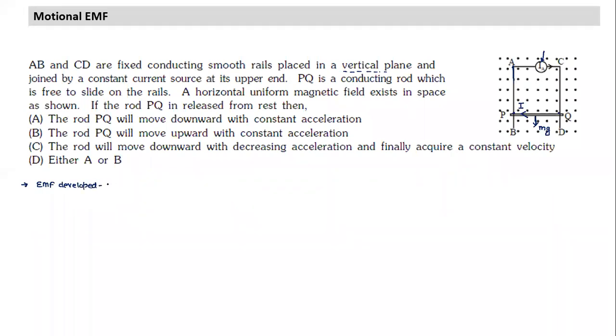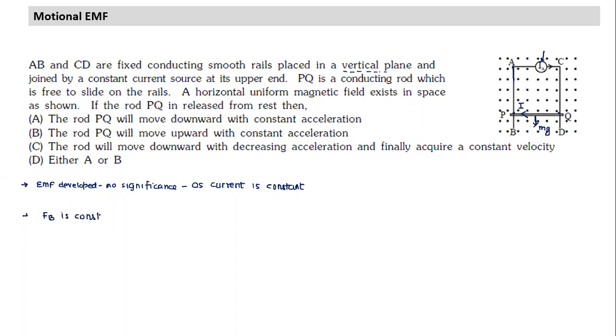So what we notice here is that the EMF developed will not have much significance. Why does it have no significance? Yes, EMF developed would have led to current, but this source, whatever current it adjusts, maintains the constant current. So it negates the effect of the EMF developed here. So as current is constant, two forces are acting. Which direction is FB acting? And since the current is constant, FB also is constant.